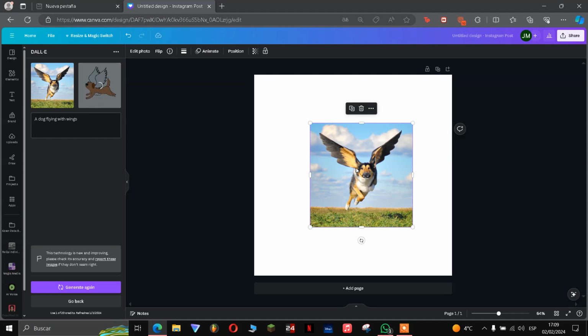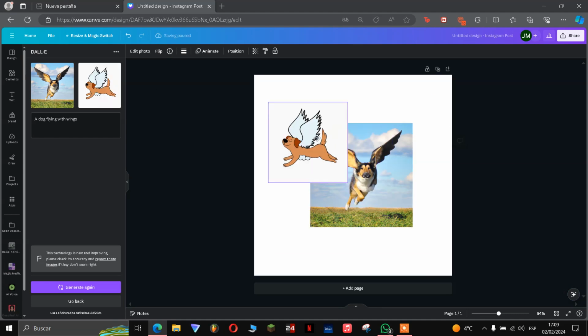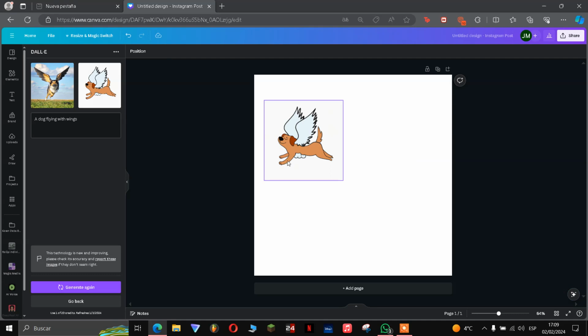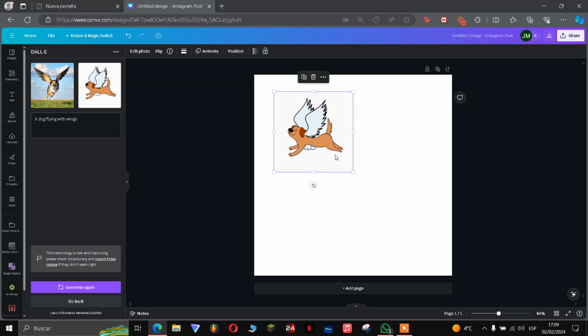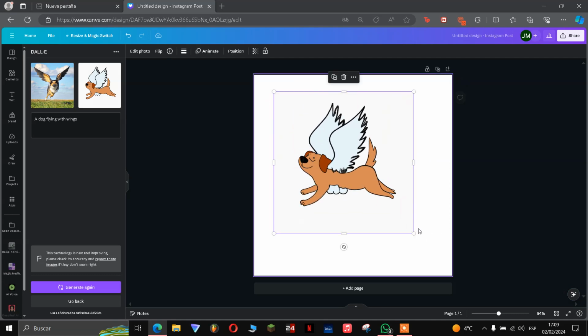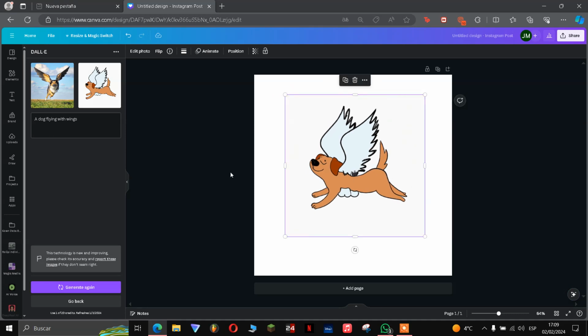This is some caricature of a flying duck, which might be less disturbing. It has four legs, so that's okay. It has this, which I don't know what it is, but okay. So there you go. You can use DALL-E on